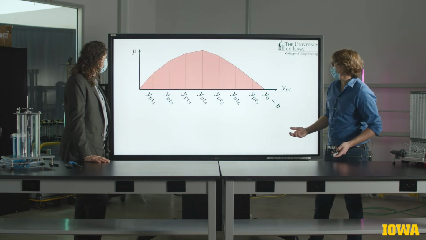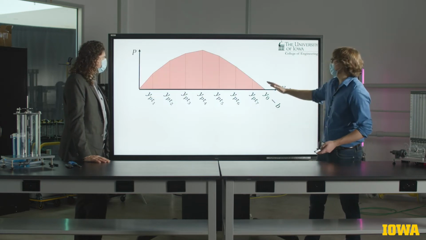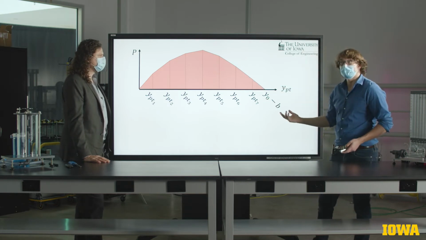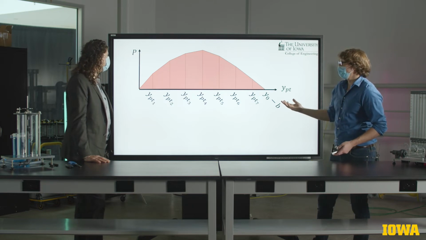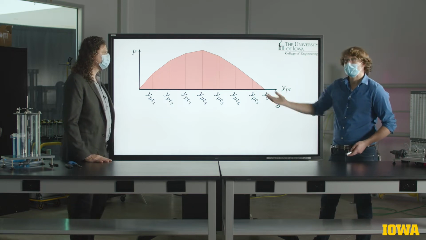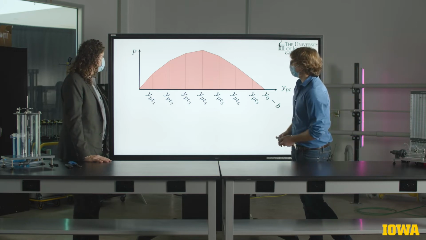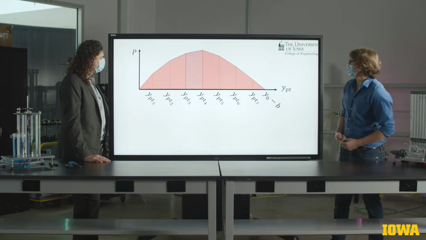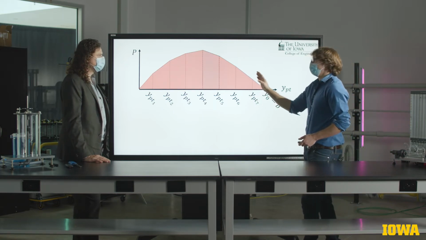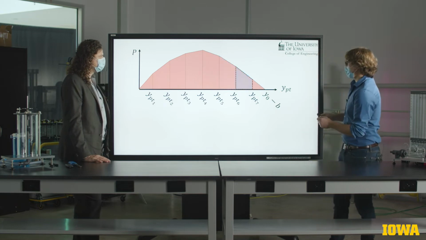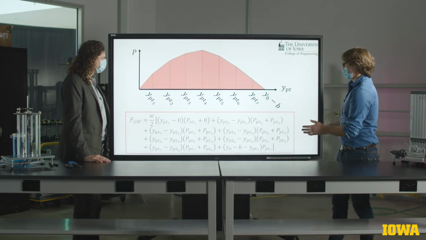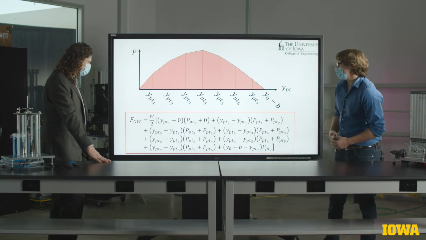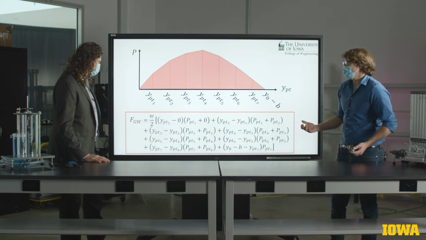So taking this pressure distribution, we may notice that if we connect each measurement with a straight line, we end up with a series of triangles and trapezoids, which lends this to what's known as trapezoid rule integration, where we find the area of each little block and we sum those together. Okay, and the summation of the area under the curve for each one of these blocks will give us an expression that looks like this, which is pretty ugly, we admit,